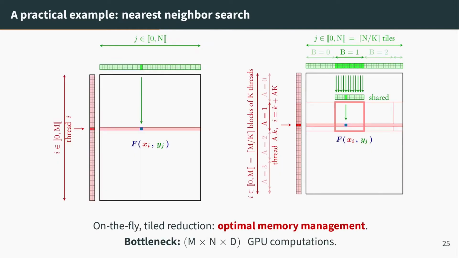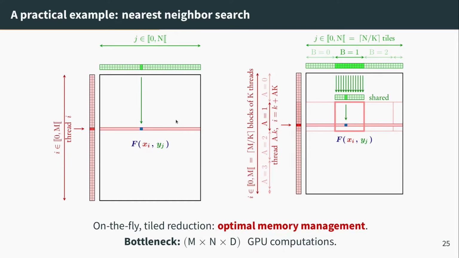What we can do instead is to create one thread per point xi, and then loop over all the points yj. If you do that, you're going to pay some memory accesses whenever the thread reads the coordinates of yj. But you're never going to pay a cost for memory writes because you're not writing anything. You're just fetching information